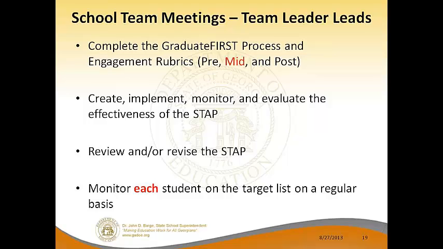And I cannot emphasize the importance of this, that we're actually looking at every single child and talking about what's going on with that child, even if it's just for a second, to make sure that there's not something that we need to be doing to put some supports in place for that student, to have someone follow up with that student, to do whatever's necessary to make sure that these students are succeeding. So really kind of getting you started in your school team meetings, these are the things that need to be